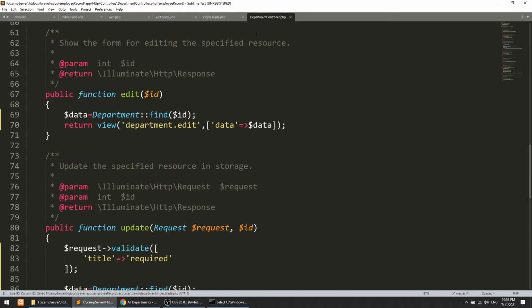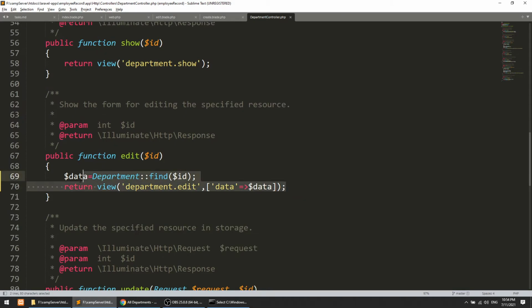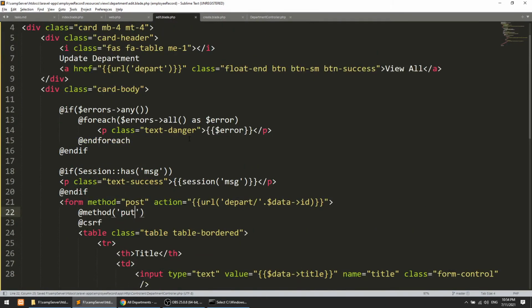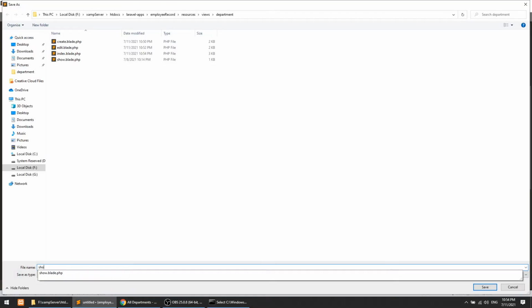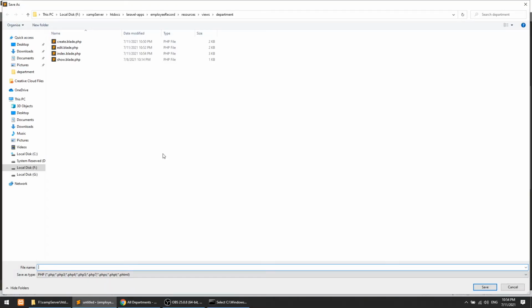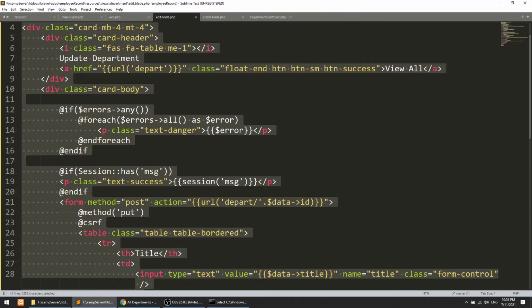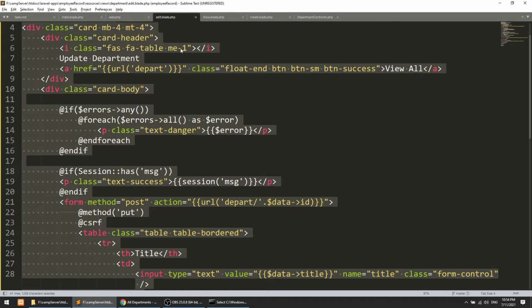So I will go to the department controller and we have a show method. We just need to pass this data. So I'll copy this and paste it here, and we need to just change the show, and we are fine now. So in the edit I will copy this and create and fetch, and here I will show dot. We have already a show. Why are we creating this? I think I have already created all the templates before doing anything. We just need to put the code here.